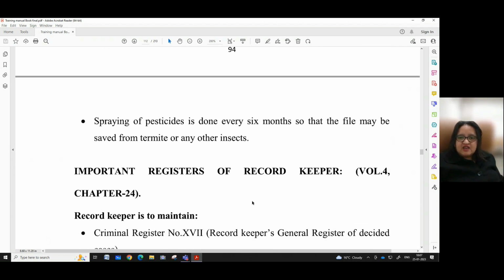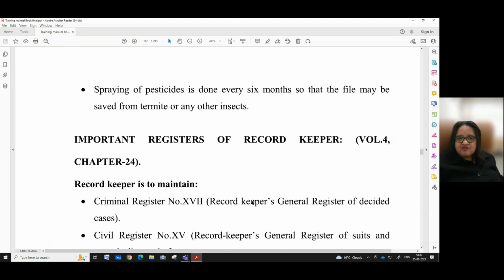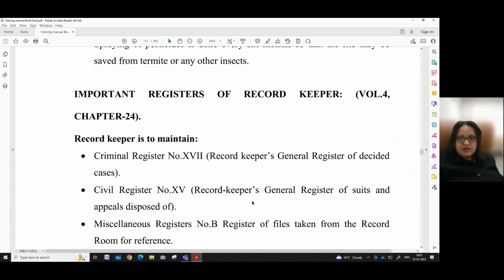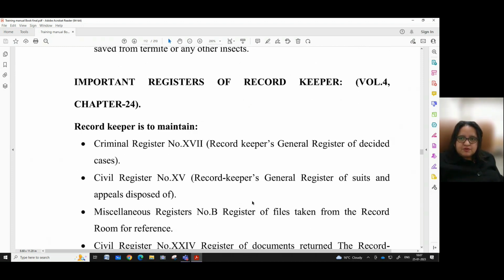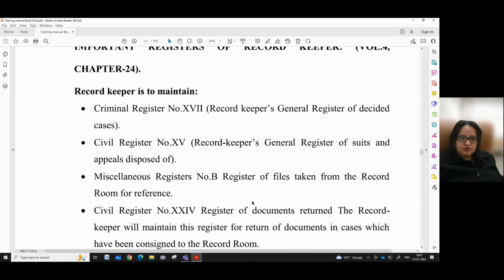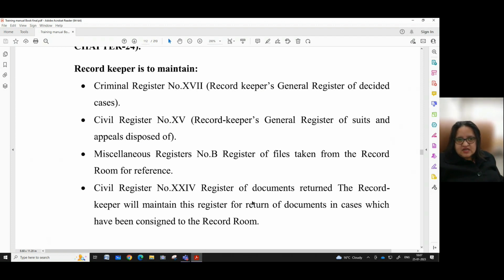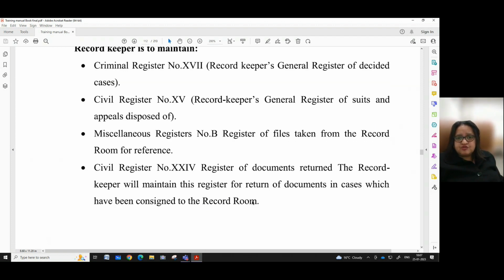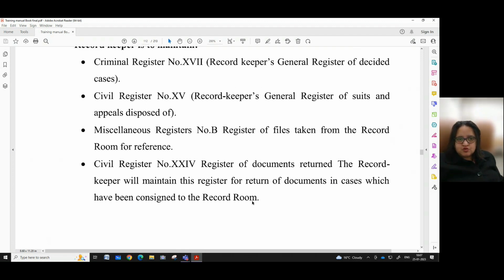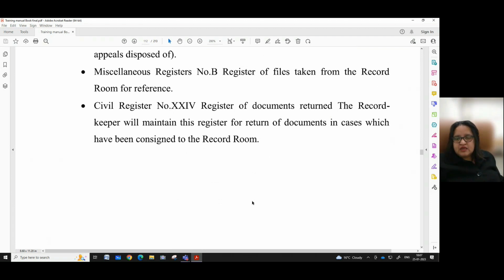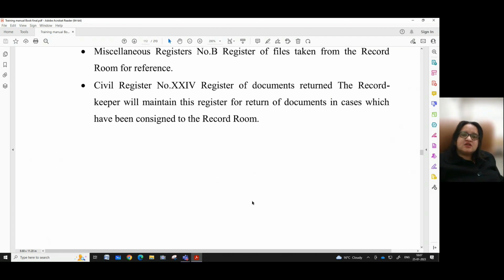Spraying of pesticides is done every 6 months so that the files may be saved from termites or any other insects. Important registers of the record keeper as per volume 4, chapter 24: the record keeper is to maintain criminal register 17, that is the record keeper's general register of decided cases, civil register 15, that is the record keeper's general register of suits and appeals disposed of, miscellaneous register number B, that is the register of files taken from the record room for reference, and register number 24, the register of documents returned.